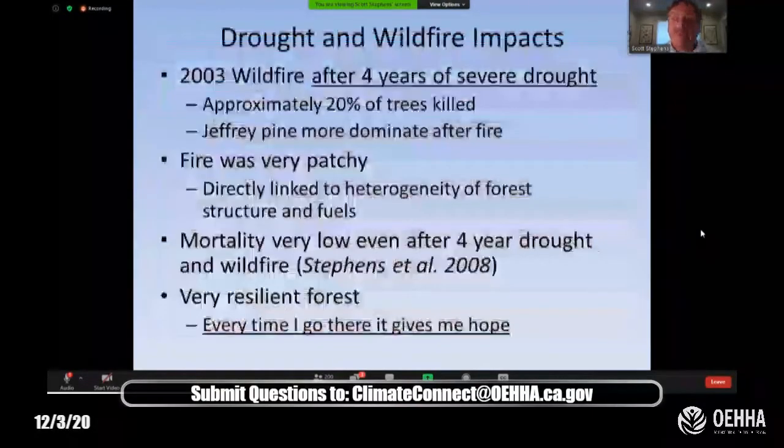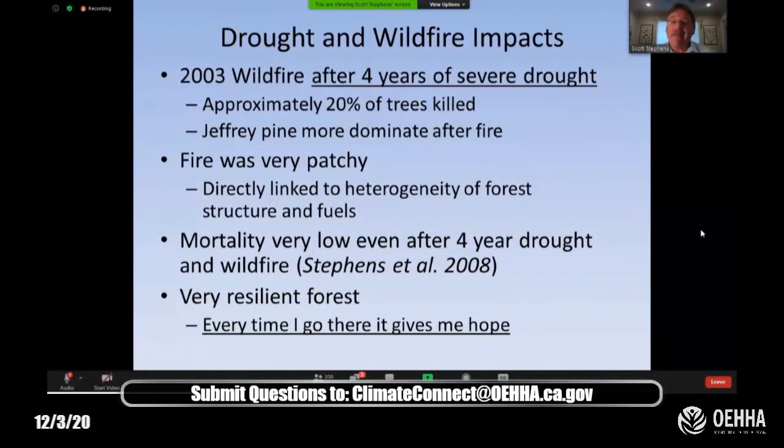And what about drought and wildfire? Well, it turned out that we had a terrible drought from 99 to 2002 in Southern California mountains. Maybe you remember that. That was really a big event. There was a House of Representatives hearing on that. I spoke at it. It was a huge event for Southern California. Lake Arrowhead, tens of millions of trees died in that area, the San Bernardino National Forest. The same drought happened in the Sierra San Pedro Mártir. By the crow flies, it's only about 120 miles south, 130 miles south.